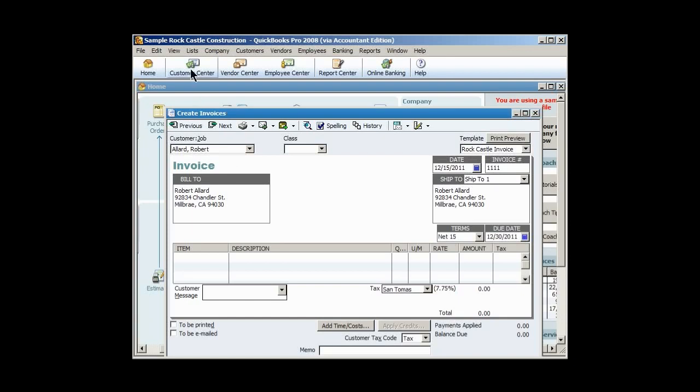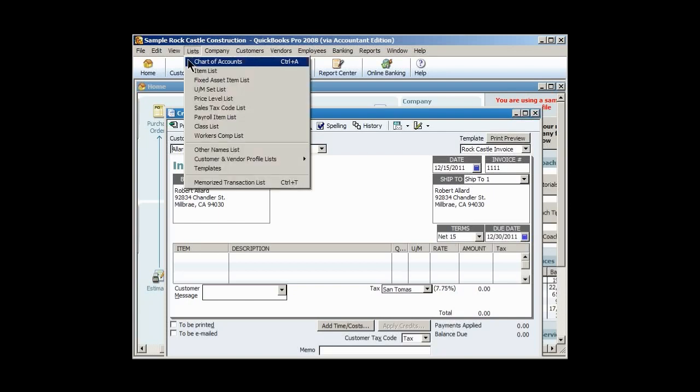Next, we have the menu-based lists, and the menu-based lists are just accessed by clicking on the Lists menu. We have Chart of Accounts, Items List, Fixed Assets, Units of Measure, Set Lists, Price List, Sales Tax, Payroll Item List, Class List, Workers' Compensation. All of these different lists are available, plus we also have Other Names List, which is another name list,